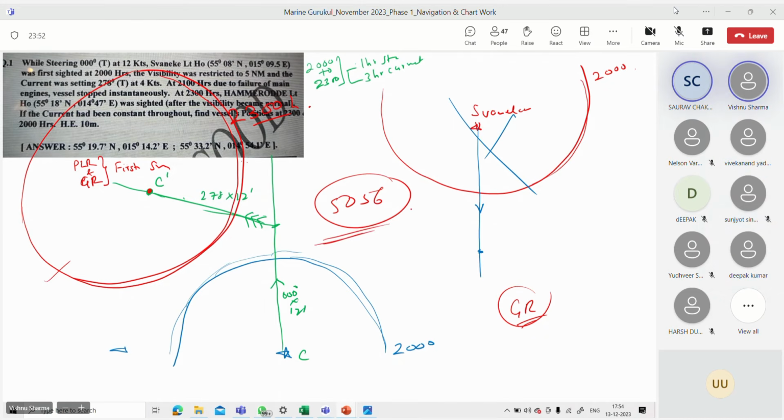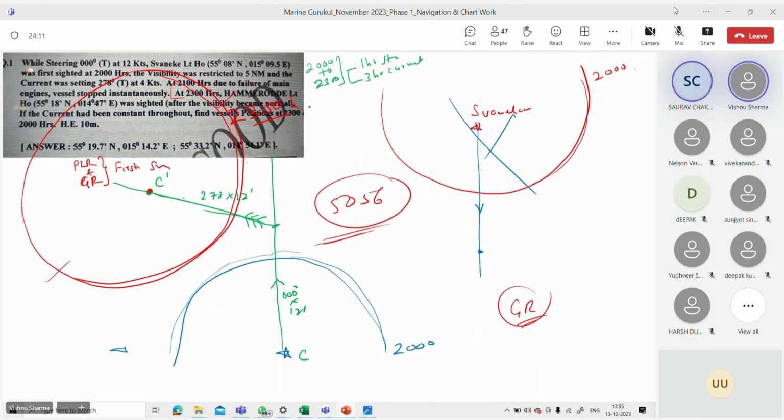Okay, 505. Fine. So what I'm saying is up to 2300 RPC, it is making sense. I can explain up to this 2300 RPC. If you say this is what we have done, it's okay. What is to be done with this Swannick light is not clear from the question.